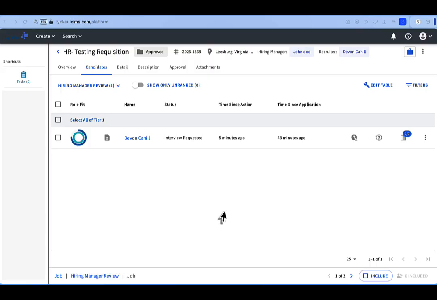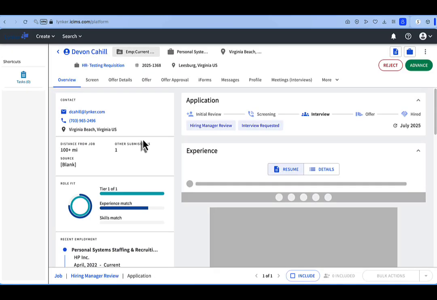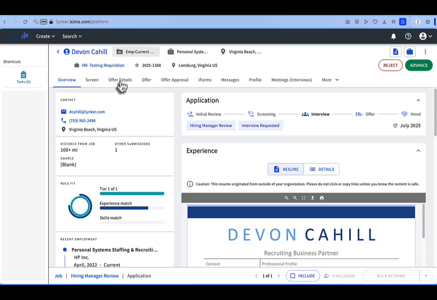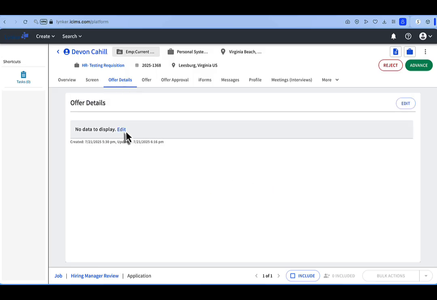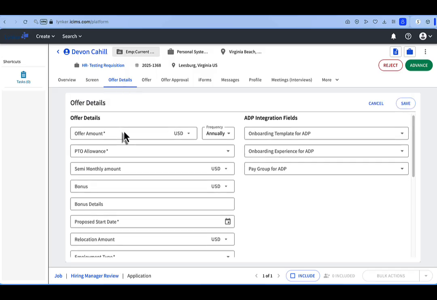Once interviews have been completed and you'd like to move forward with hiring the individual, you'll click on their name and it will bring you to their profile underneath your position. From here, you'll click on Offer Details at the top, and then the Edit button. This will prompt you to fill out all of the offer details needed in order to create an offer letter